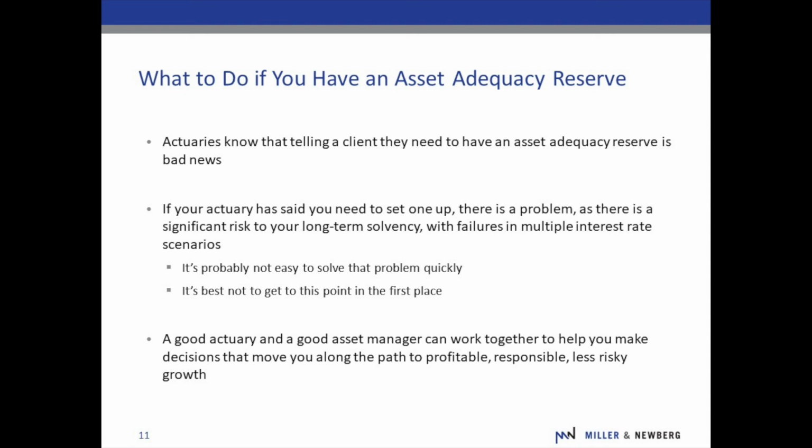And so that's your team. Get your actuary together, get your asset manager together, take a look at the results of the asset adequacy analysis, have them explain to you, what are the problematic scenarios and why are those scenarios problematic, and what can you do today to make it so that if that scenario happens, it's less problematic than we presented in this analysis. And that helps to get you along a path to having a stronger, more robust, more sustainable company.